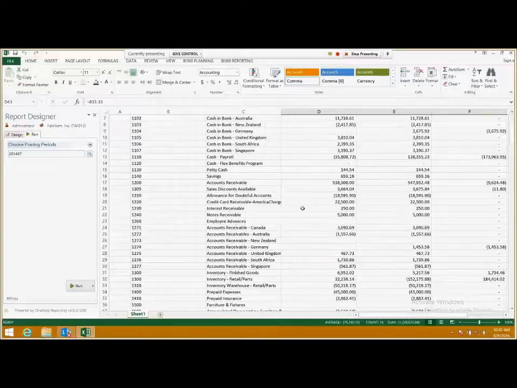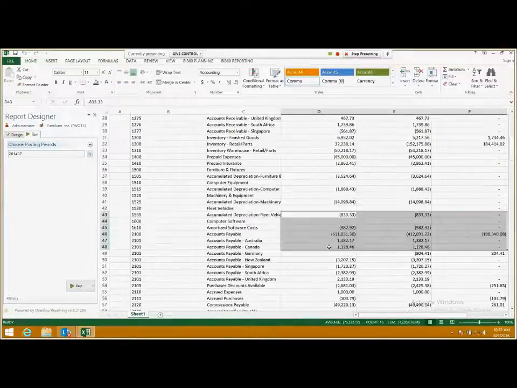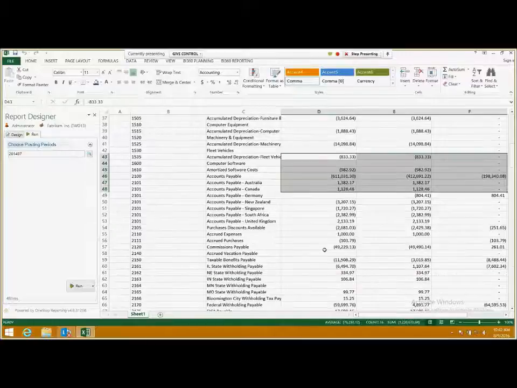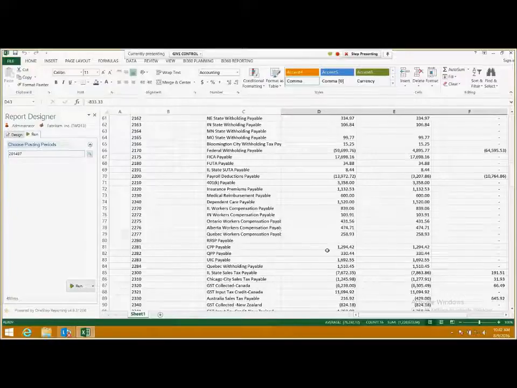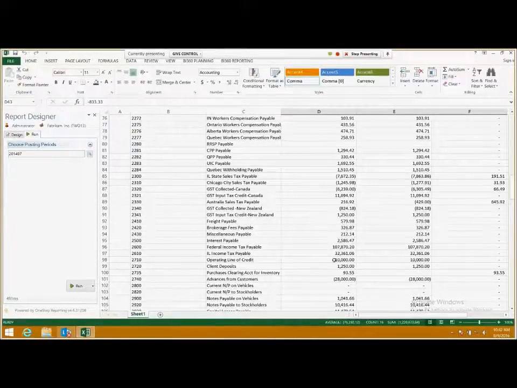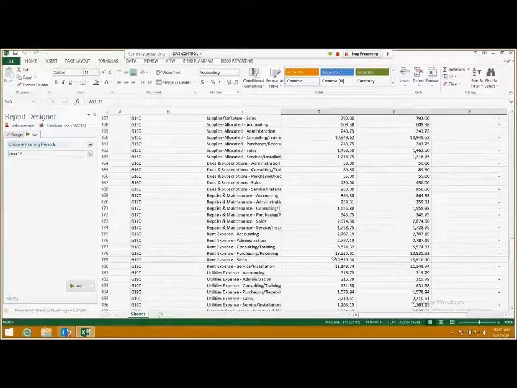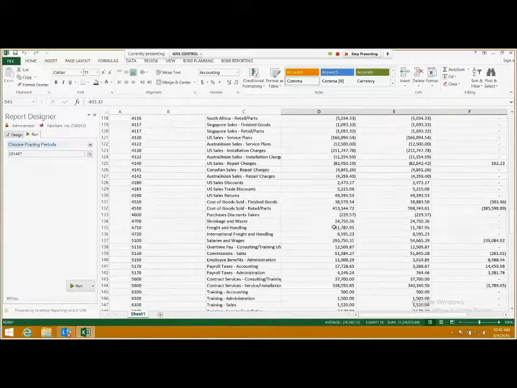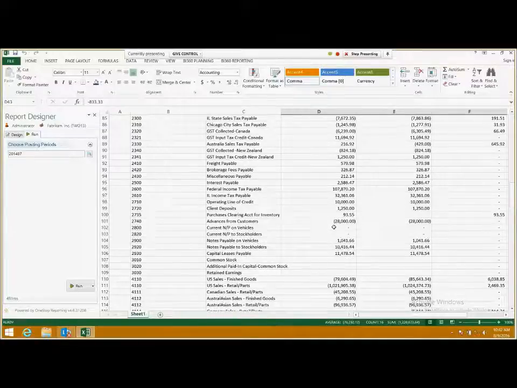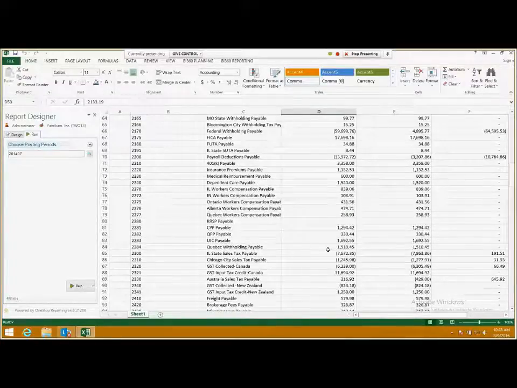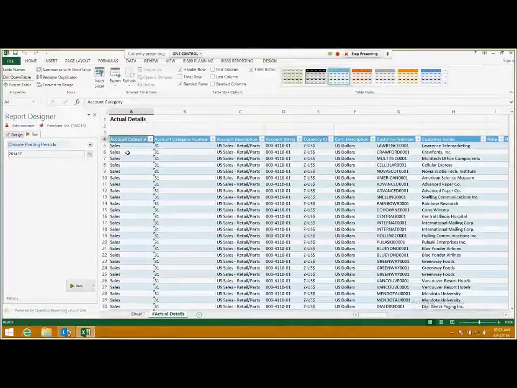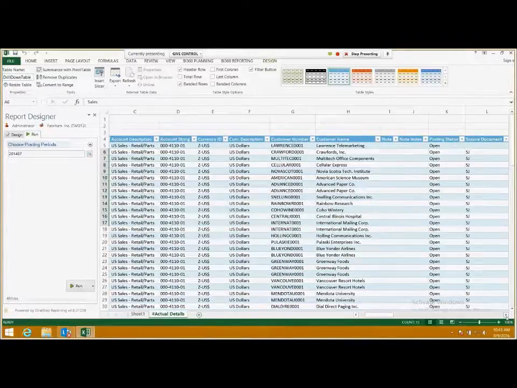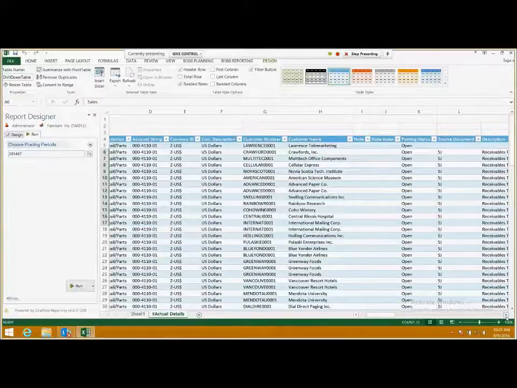Now, on the web, you kind of saw me drill into the summary. What you can also do, and this is where I think all the accountants in the room are going to have a smile on their face, you can scroll down and pick one of these accounts, and you can actually drill into the subledger. So if I want to pick an account, right-click, go in, and instead of drilling into summary, I can drill into details. Okay. Now I see, if I scroll over here, the customer name, customer number, the vendor name, batch number, original